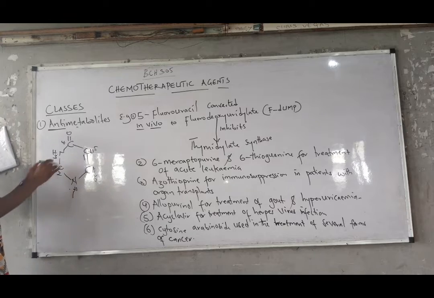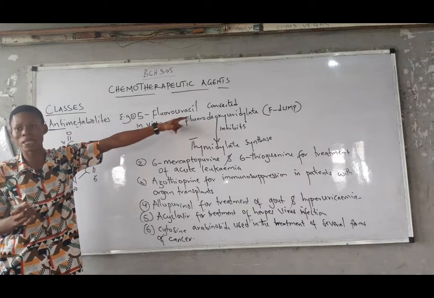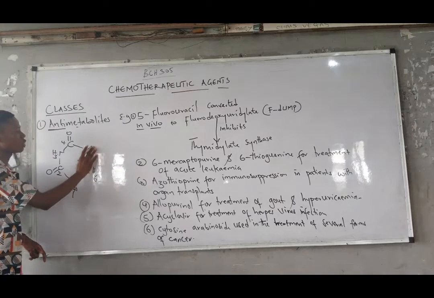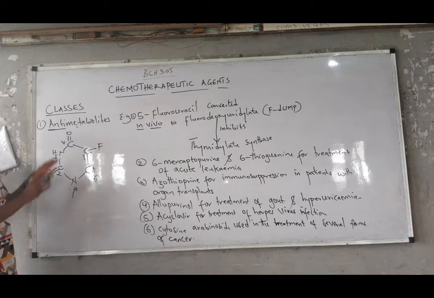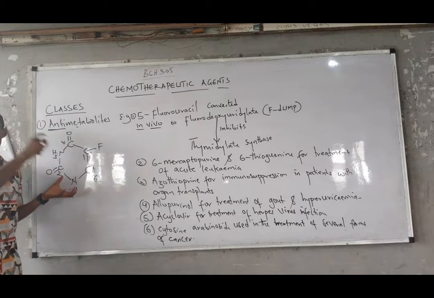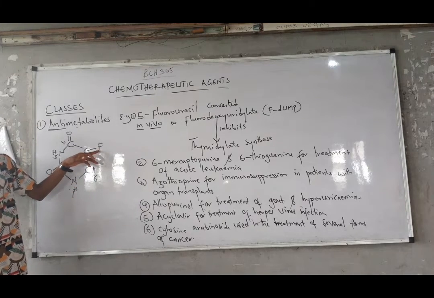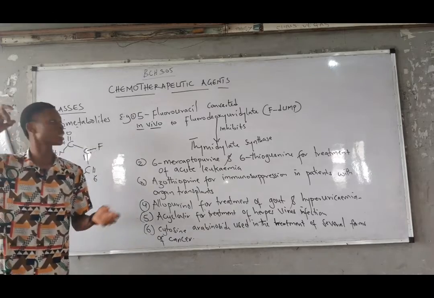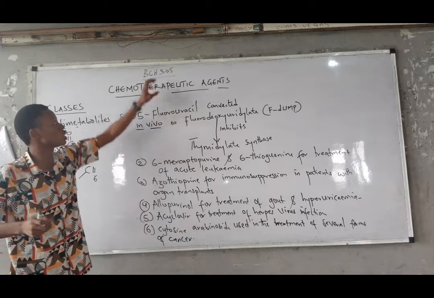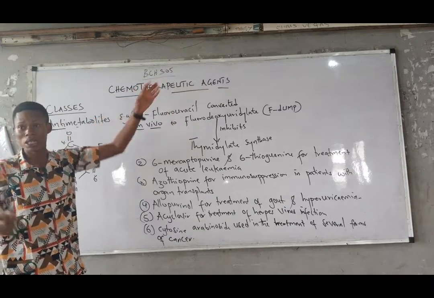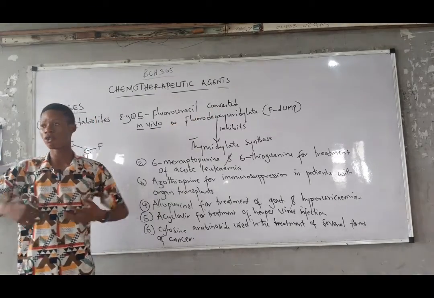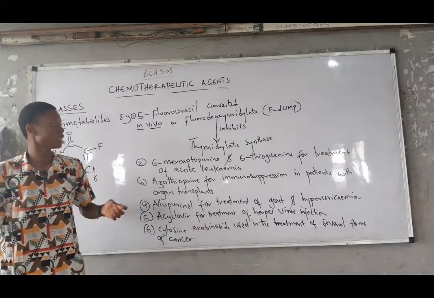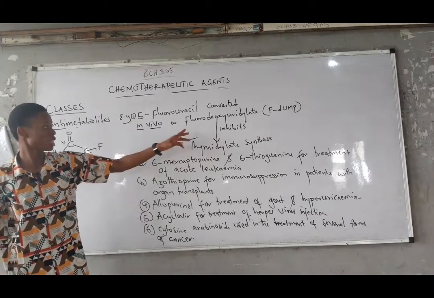Now if this is uracil, 5-fluorouracil means we are attaching fluorine on position 5, right? If you look at it, it's structurally like uracil, but we've attached a group here. Now when this 5-fluorouracil, which is a chemotherapeutic agent, is taken in, it is converted in vivo in the cell. An enzyme converts it into